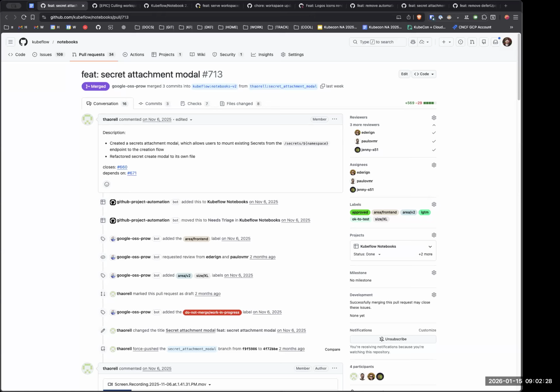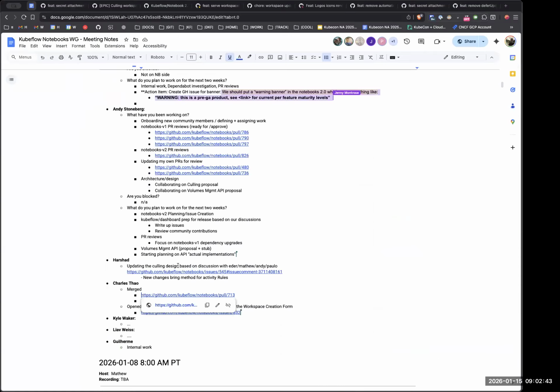I will ask UX for any updates since then, but I haven't seen anything. But I want to see an initial design and see if we can plan some front end work for that. So just wrapping up secrets.